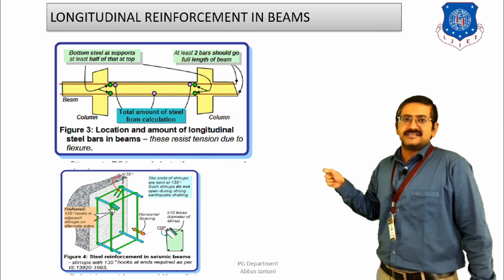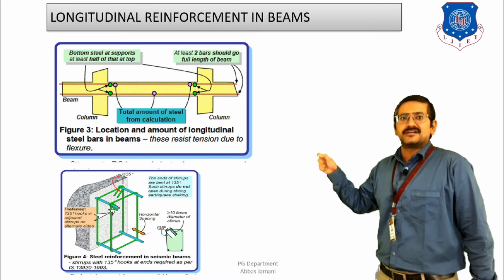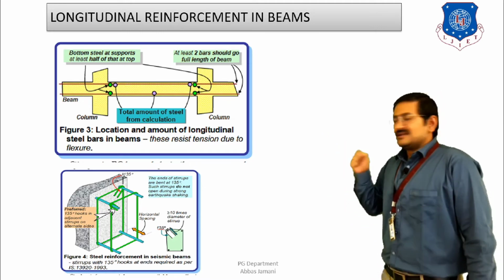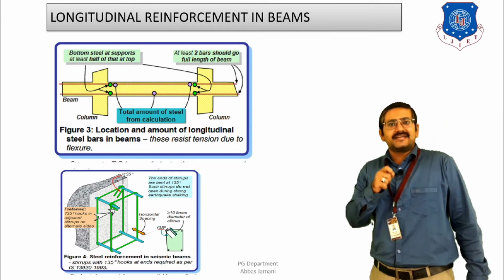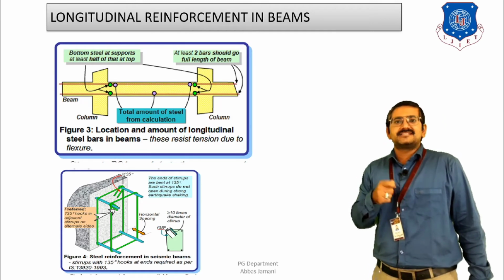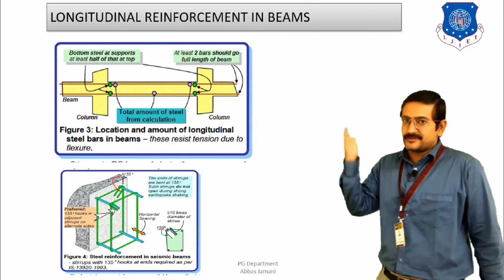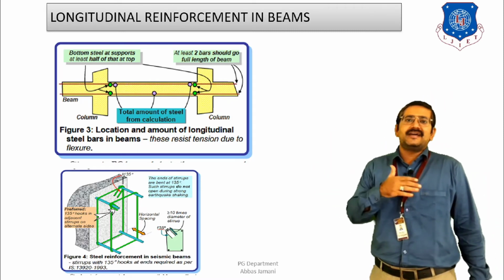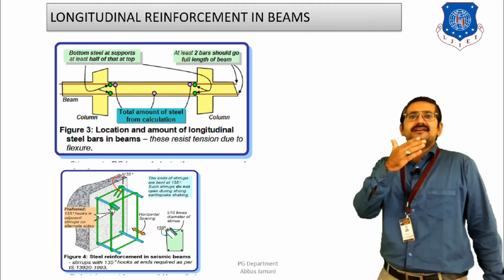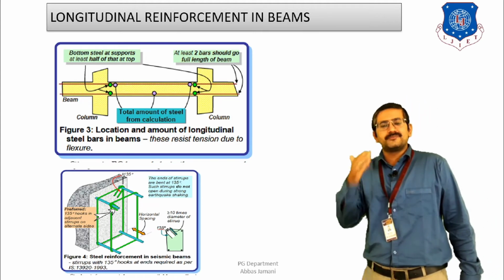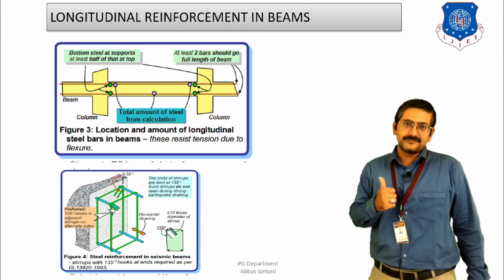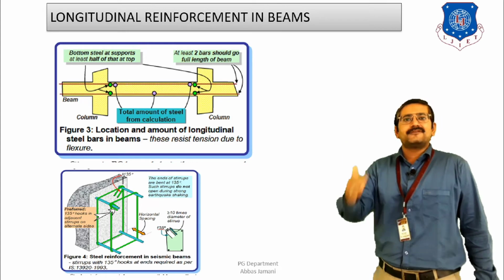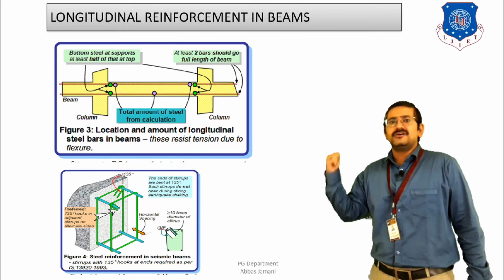the positive steel that has to be provided should be at least 50% of the total negative steel provided at that particular junction, right? The negative moment, or the tension face, is going to be on the top side. If you look at the moment diagram of a continuous beam, we all know that the tension face is going to develop at the top side of the beam, near the support, right? So whatever steel you provide for that particular moment, half of that steel has to be provided at the bottom also near this particular junction.